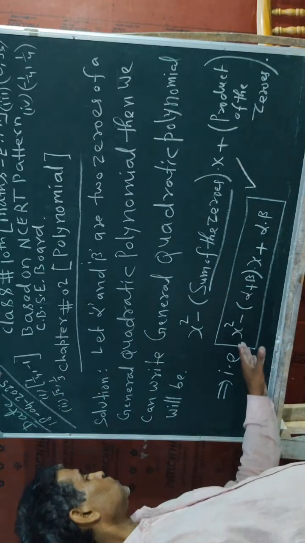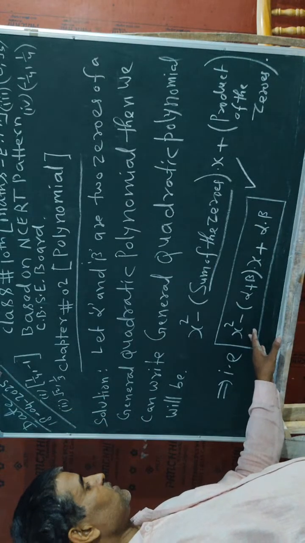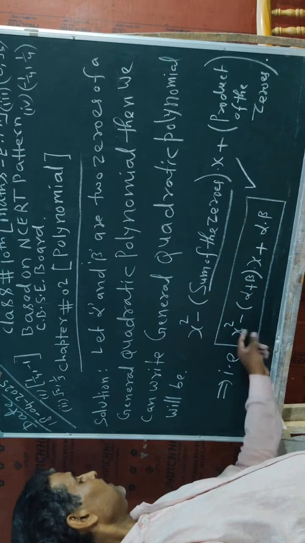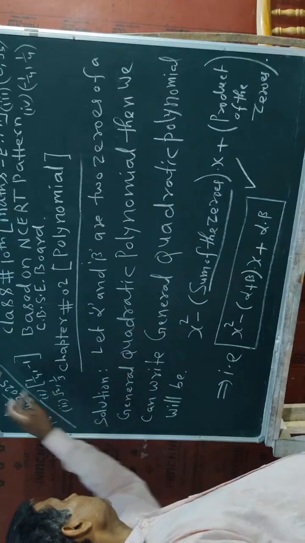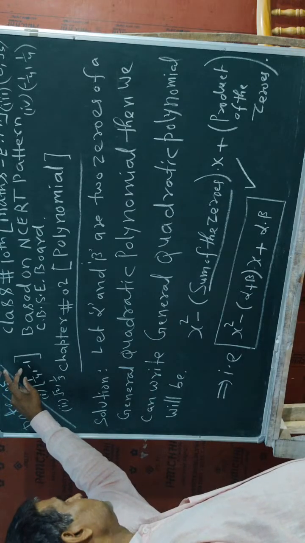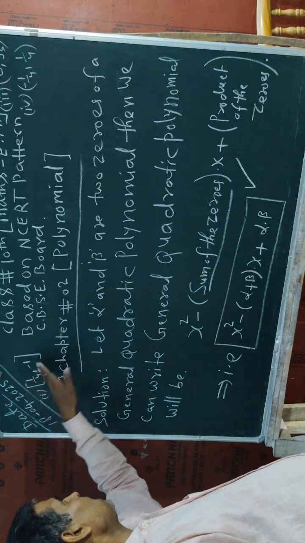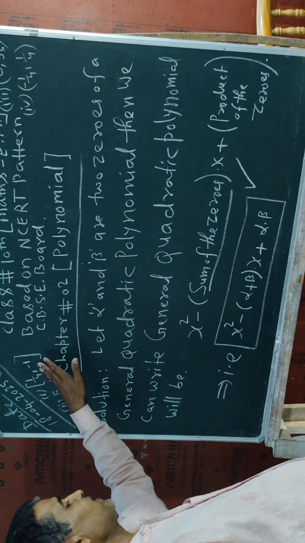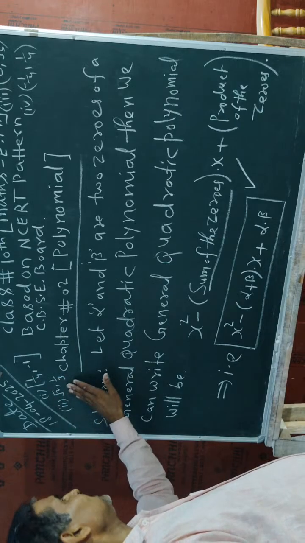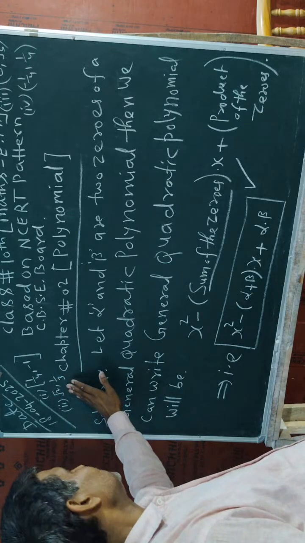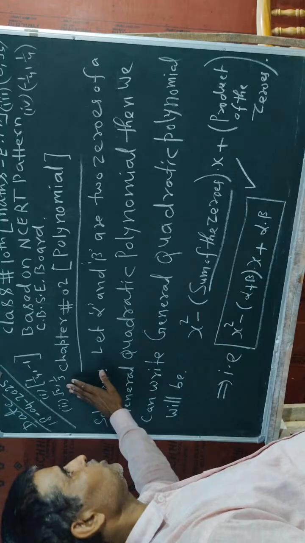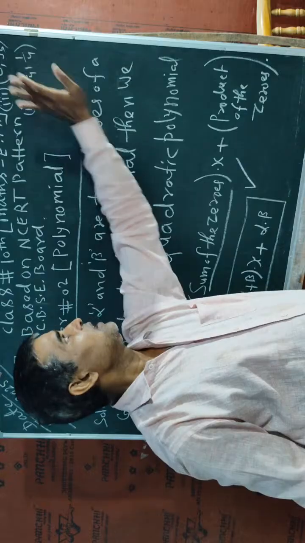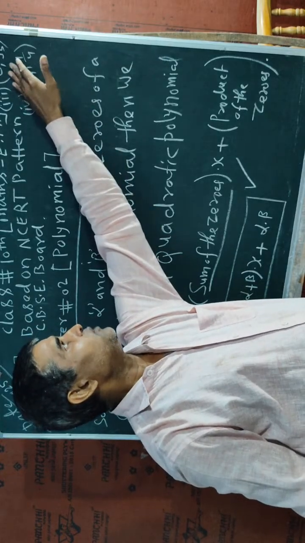Okay, students. So this is the general quadratic equation, the general quadratic polynomial. In this general quadratic polynomial, this value I will put. After simplification, we will say that is the quadratic polynomial, and then second, I will follow the same concept for getting the quadratic polynomial, and in the third step, I will also get the same polynomial by using the formula,